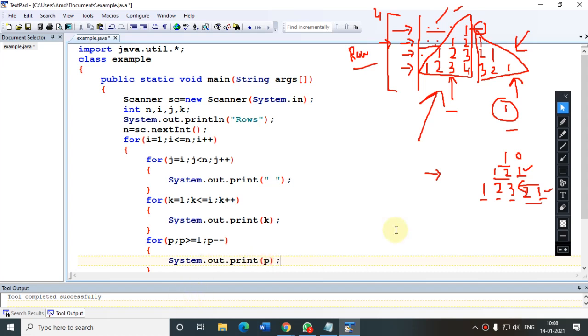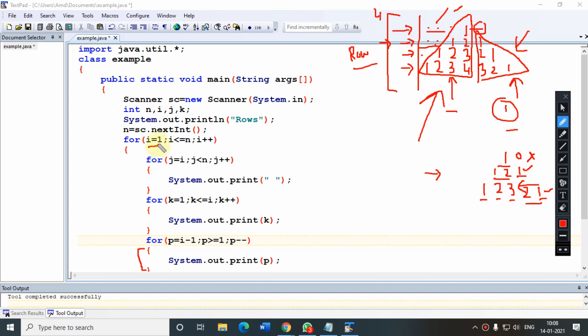Now see, the first time the value is starting, it has to execute 0 times. So for 0 times, the starting point of i is 1. If you are doing i minus 1, then i minus 1 is 0. Let me explain again. The starting point is i is 1. Now 1 minus 1 is 0. Is 0 greater than or equal to 1? No, so this loop will not execute. That means 0 times this will execute.